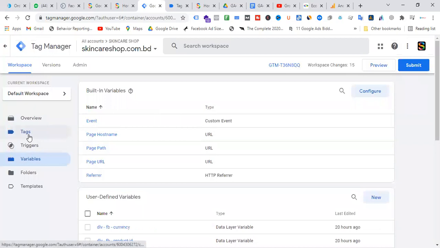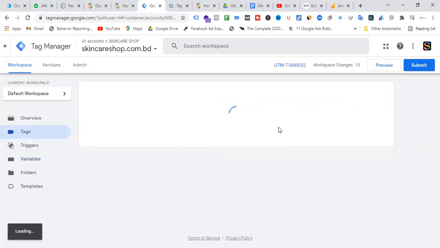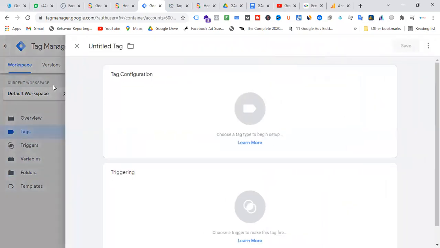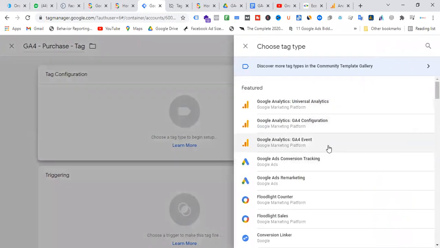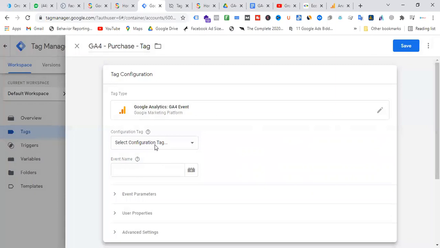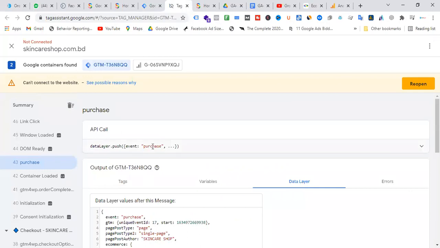Now we'll create the tag. Go to the tag section, GA4 purchase, GA4 purchase tag. Okay. How? Just select the e-commerce event, select the configuration tag, and event name is purchase, right? Event name is purchase.